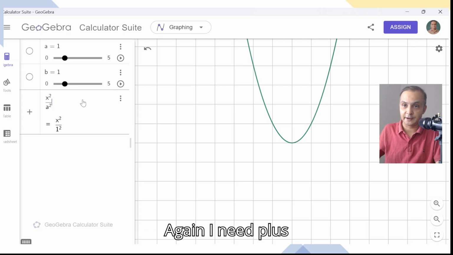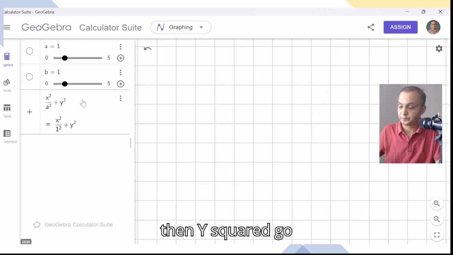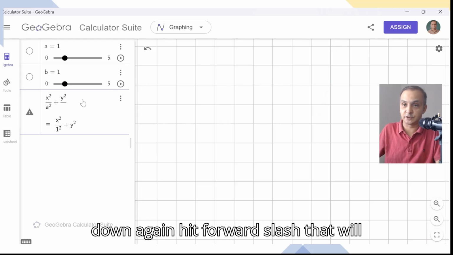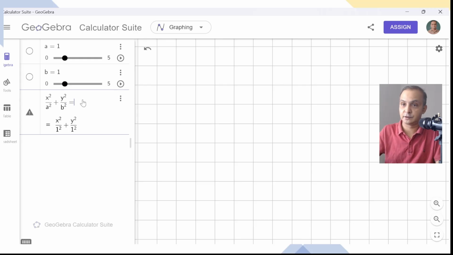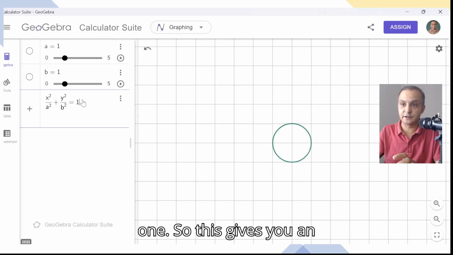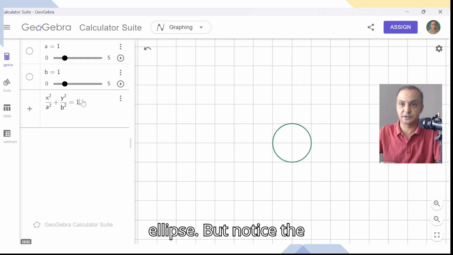Again I need plus, then y squared. Go down, again hit forward slash, that will become b squared now, and after that I will type 1. So this gives you an ellipse.